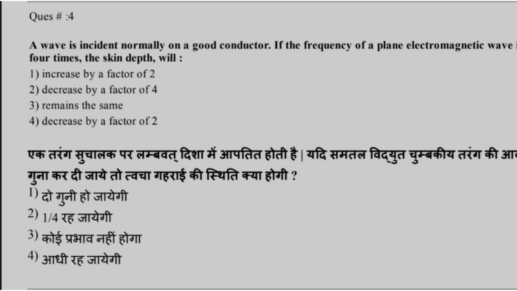electromagnetic wave is 4 times, the skin depth will. So skin depth means, when an electromagnetic wave is incident, skin depth delta is defined as the depth at which the field falls to 1 by e of its surface value. So delta equal to 2 by omega mu